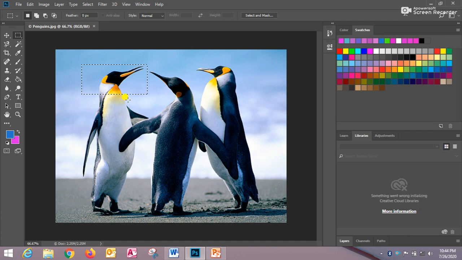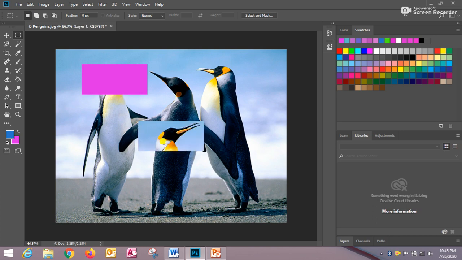Right students, so in that way we can select the rectangular part. If you want to cut, copy or paste it, then you can do it. I am pressing the Ctrl plus X key from the keyboard to cut this part, and then I am pressing Ctrl plus V key combination. In that way we can paste the selected part of the image on the same document or in another document. If you want to move the selected part of the image, then we can also move.